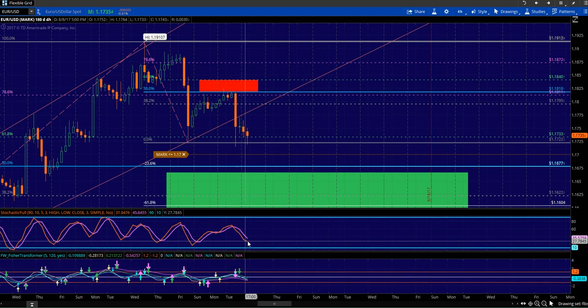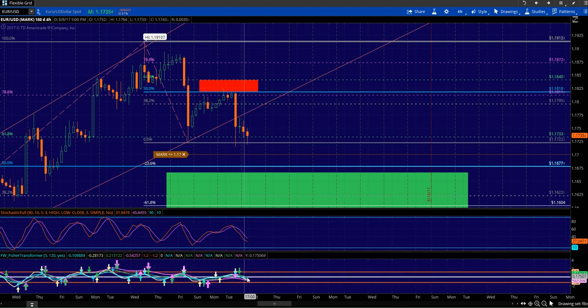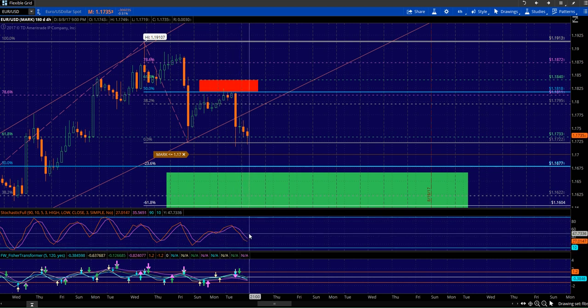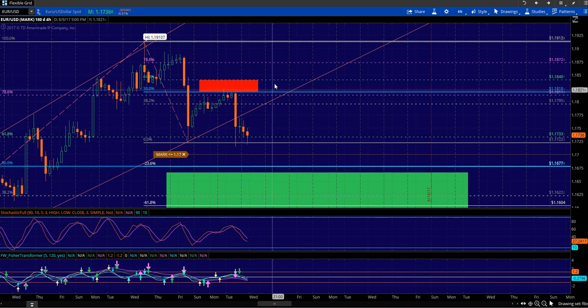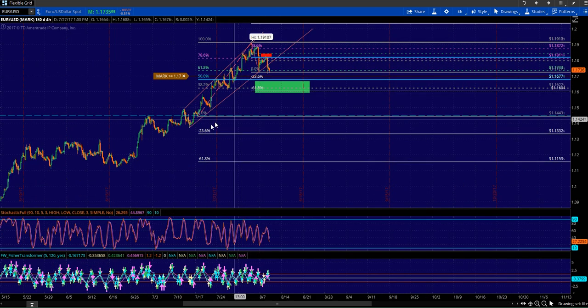And if you look at our overbought, oversold indicators, you can see that price is currently right in the middle for the most part. It is a little bit more on the oversold side, but for the most part, it's in the middle. And so price could just shoot up from right here, or it could just keep going down, which is what I'm actually looking for: price to come down a little bit more, because I have another fib drawn